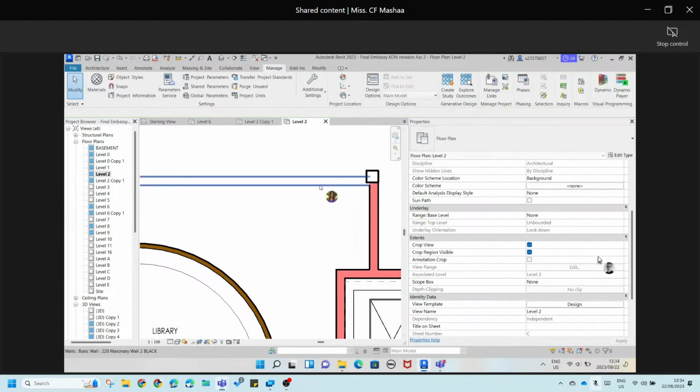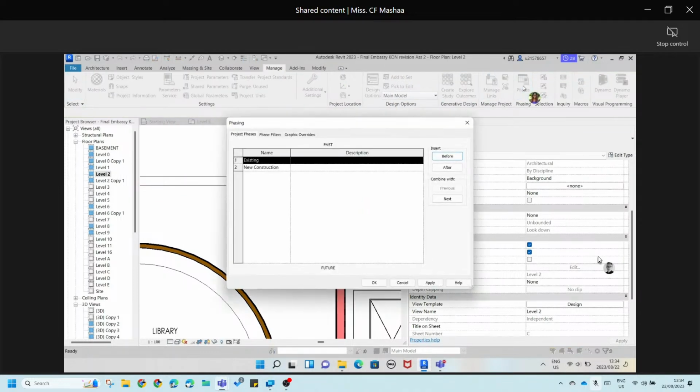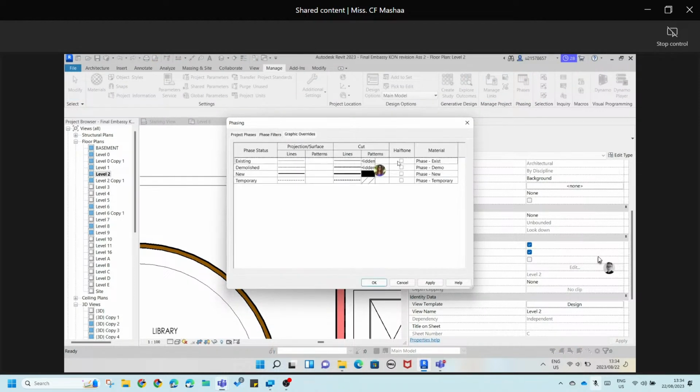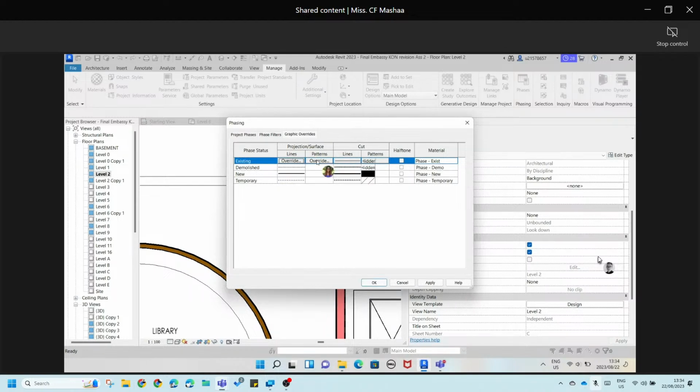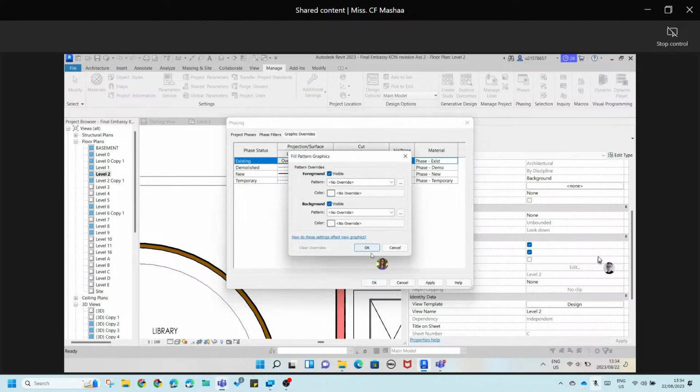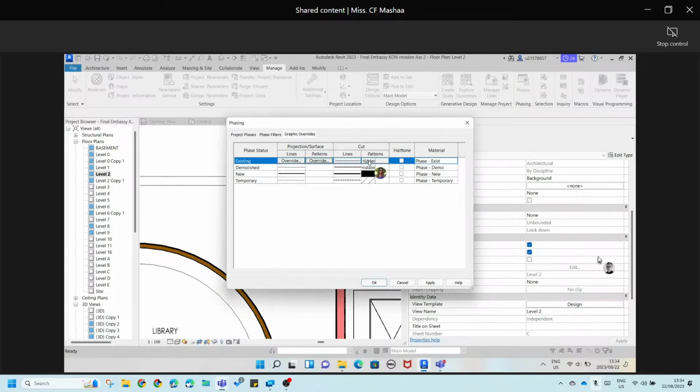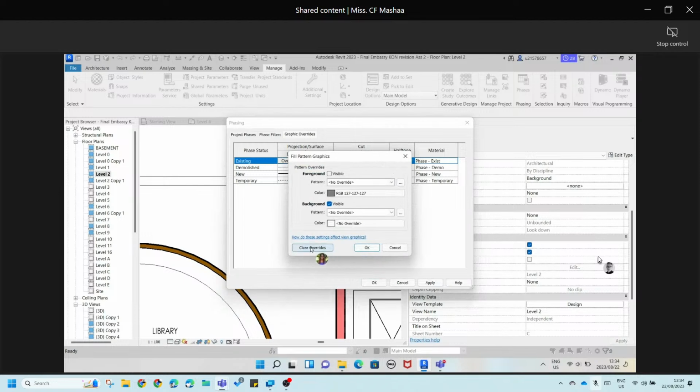You see what it does when it becomes an existing wall. So in phases now, this gets very complicated. Takes lots of management to get this right. But in graphics overrides now, anything that's existing, you can say, do not overwrite, clear override. So it keeps the projection, but in pattern, say clear overrides. So there's no overrides there. Here, when it comes to this, you're going to say it's going to have a solid fill of that,